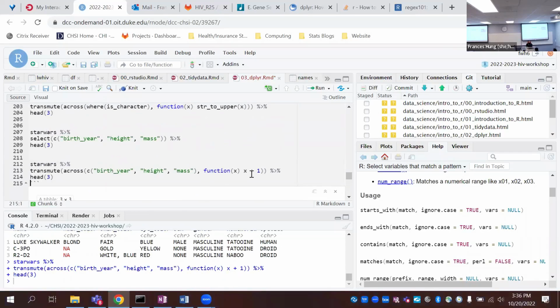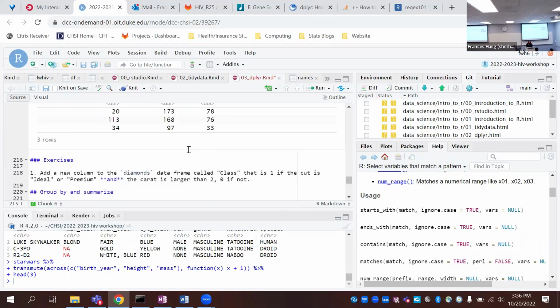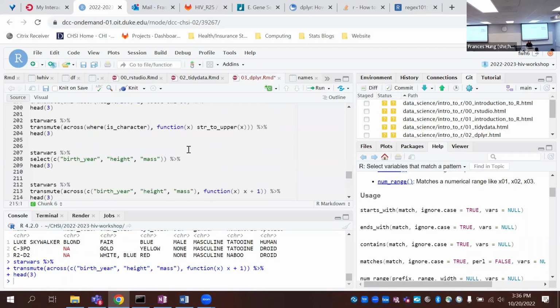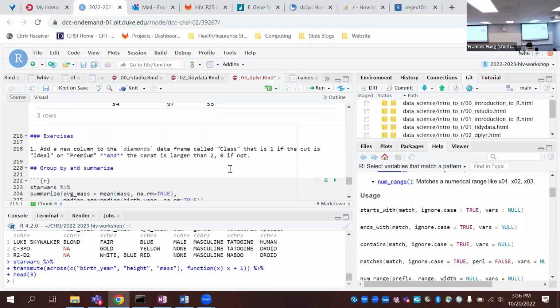Are there any questions about that? Okay, if not, then you get to try out mutating and transmuting in the next exercise.